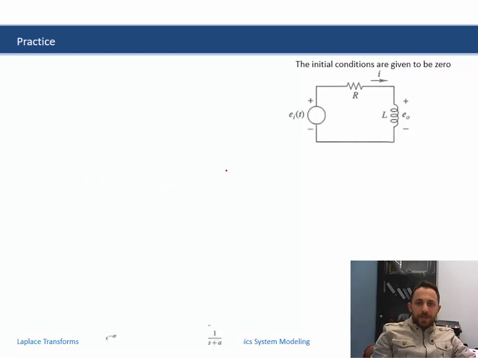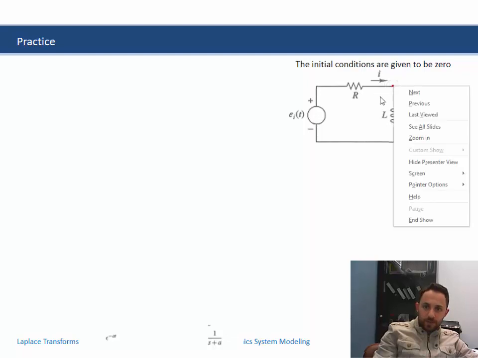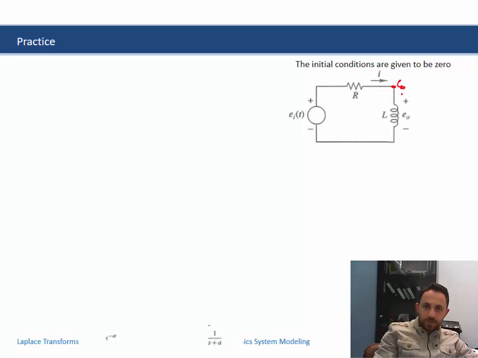In order to have a practice on a real dynamical system, let's take the electrical system. So first of all, we will write the governing equation. We could take the E0 as a node, okay, and this is the ground. Then E0 minus Ei over R plus